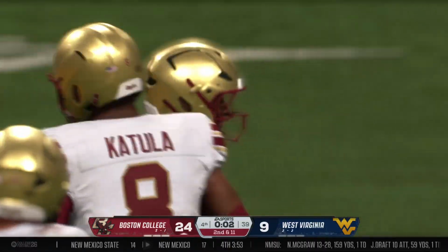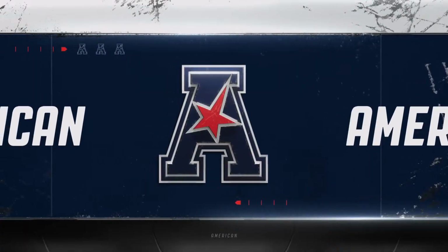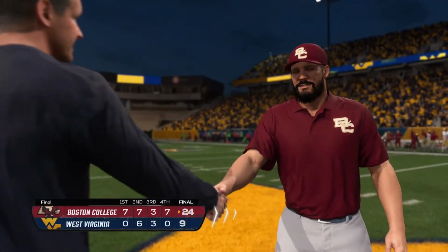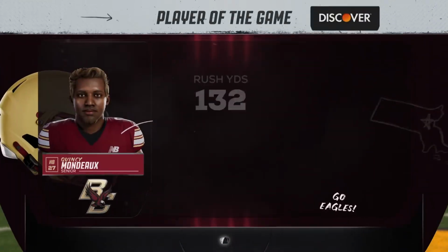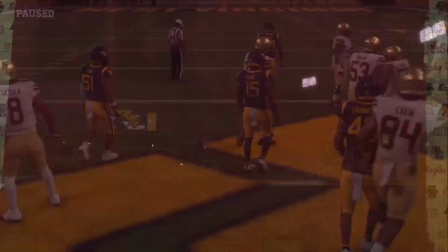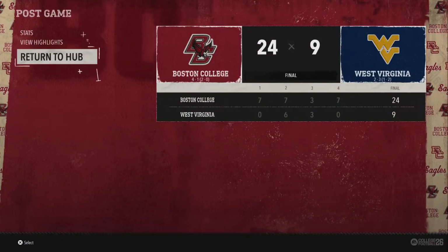With the game in hand, the offense choosing to just have the quarterback take a knee. Well, look what we have here, guys. After all the early season doubts, these guys have put together a winning streak. They sure have. Man, they're just believing in themselves right now. This is a complete